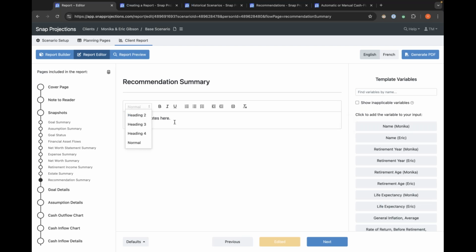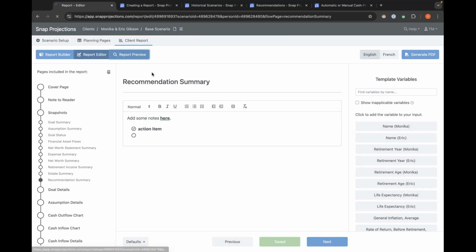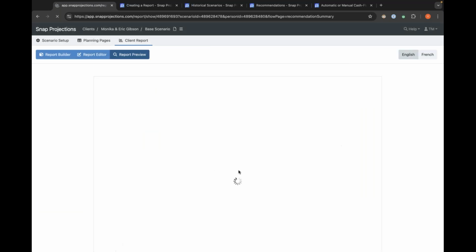I can format it in a different way. I can underline things. I can create different lists, or I can create action items. Like this. And once I do, I can go back to Report Preview